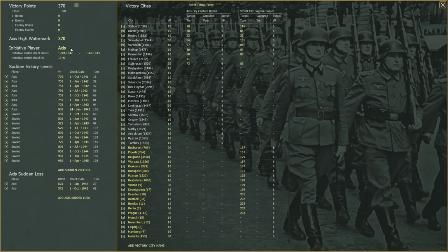Yeah, so the Axis now starts with the initiative, and here you set the first date in which the game starts the initiative check, and here is the date in which the initiative will for sure switch to the Soviets. And here you set the initial percentage of the chance of the initiative switching after this date over here. Here you set the sudden victory levels, so the number of victory points and the date required to trigger either the sudden victory or the sudden defeat, or the early end defeat for the Axis, or for the Soviets,